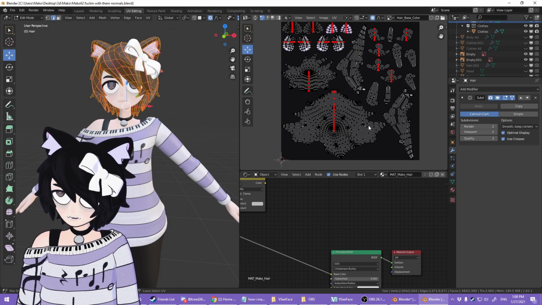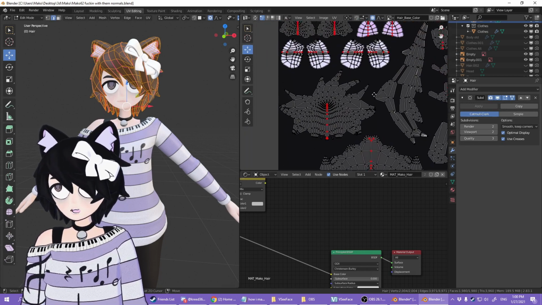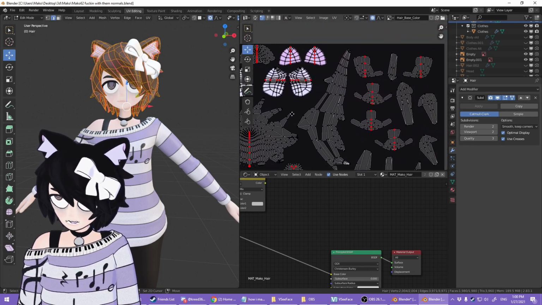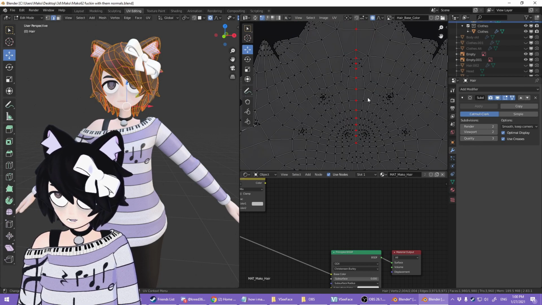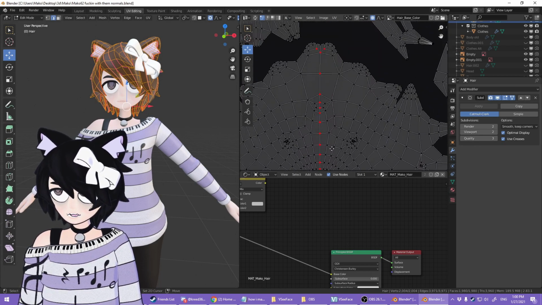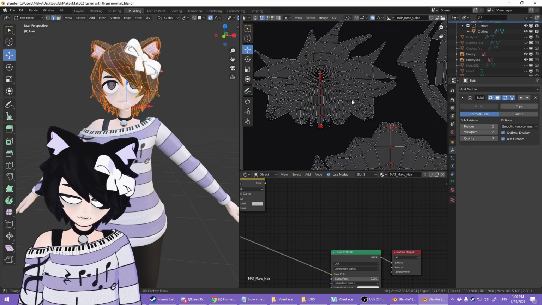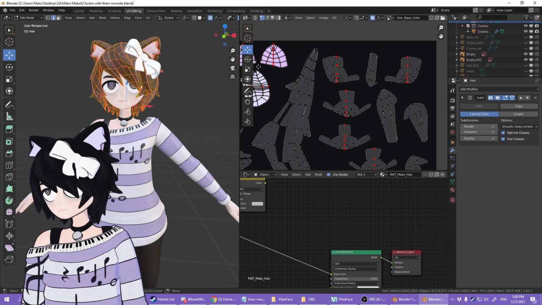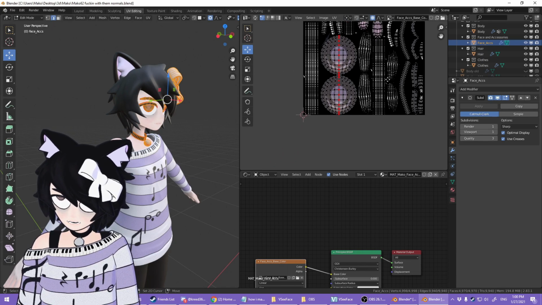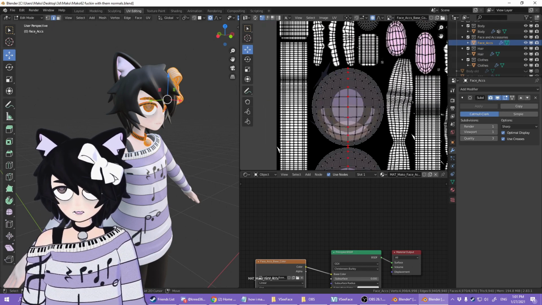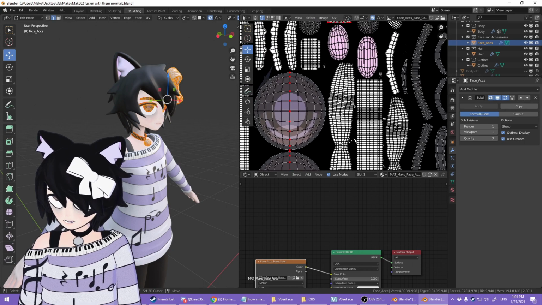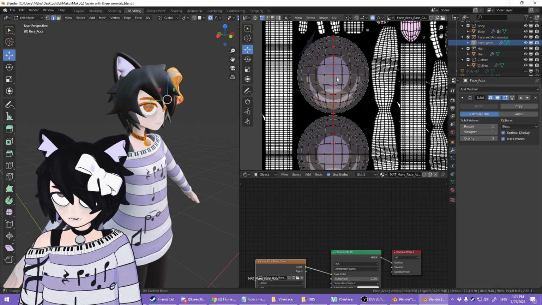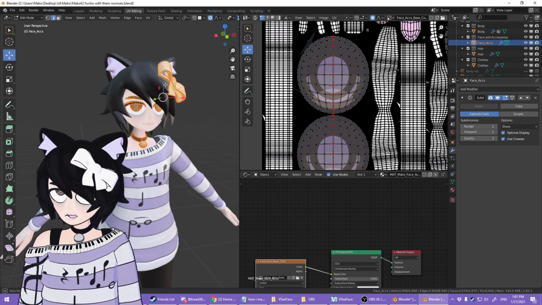Here is how my hair is set up. Again, a lot of this wasn't totally necessary, but I did like to align things just for my own convenience and, I guess, sense of neatness. That's why you got all these pinned vertices around here. Here is the face accessories area. Again, I am telling you how to do things better than I did them. I could have just had this be mirrored and it would have been fine.